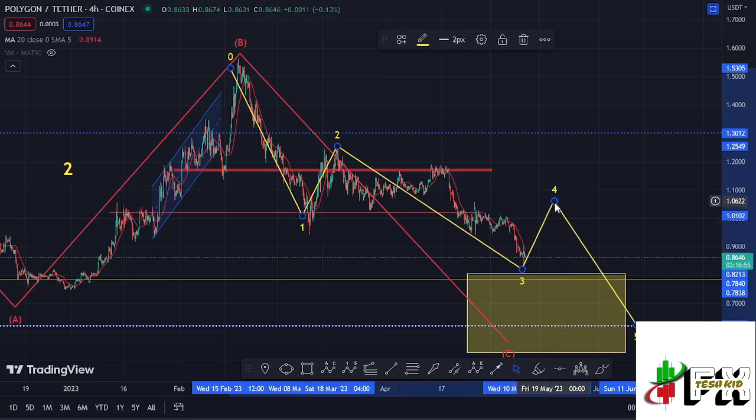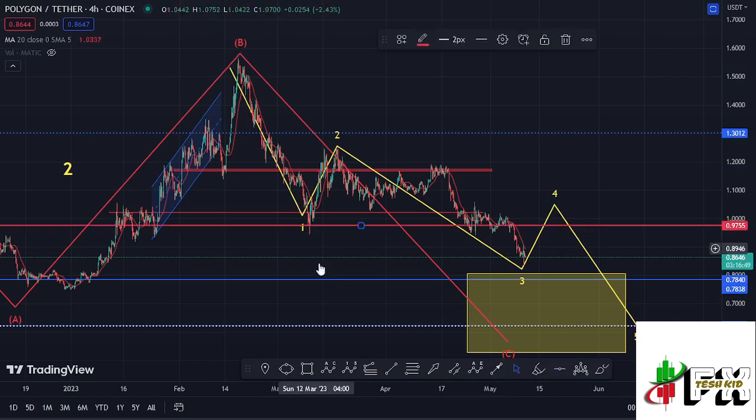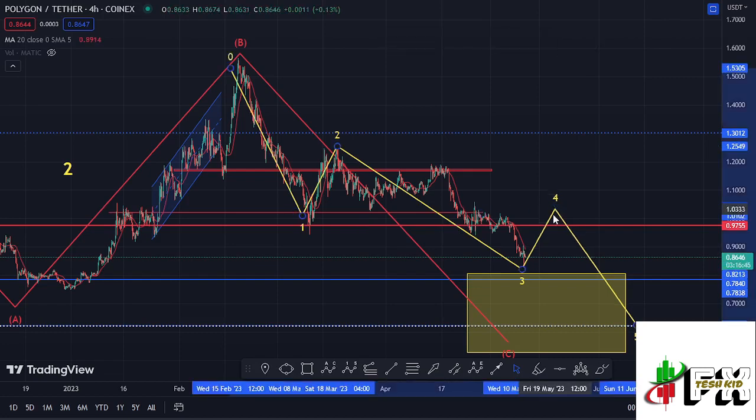So there are chances that Polygon Matic might give us a bit of a bounce over here in the formation of this wave 4 in a move that should not get into the wave 1 territory, which lies at around the $0.9755 mark. So in case we see a bit of a bounce, we need to continue holding below the